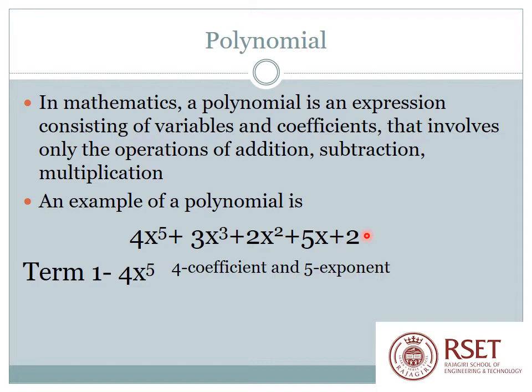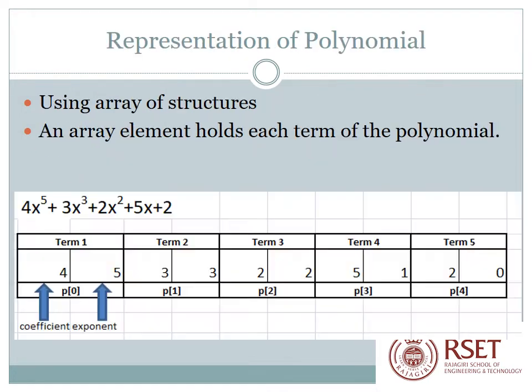The data structure that we use here to represent this polynomial is an array. An ordinary array will not suffice. You will have to use an array of structure. I hope you remember the topic structures that you studied in your Programming in C paper last semester, during the second semester. What do you mean by a structure? A structure is used to hold heterogeneous data, that is, data of different types. So you make use of a structure to hold the polynomial inside memory.